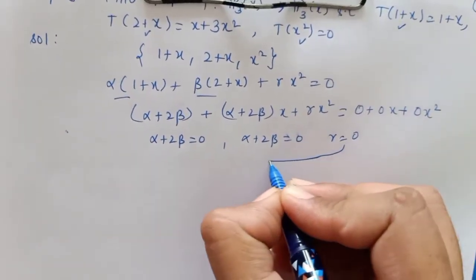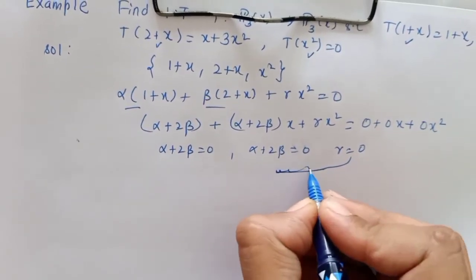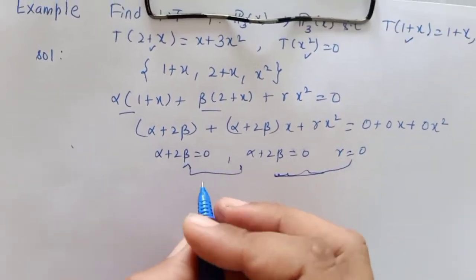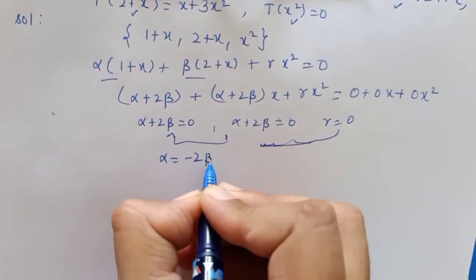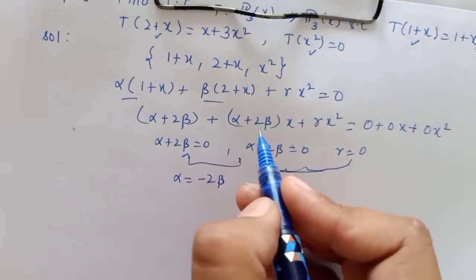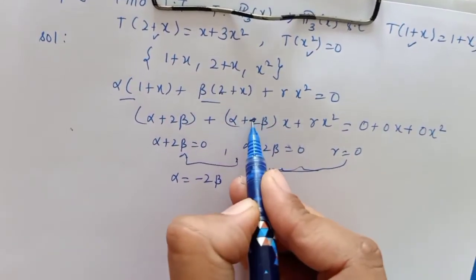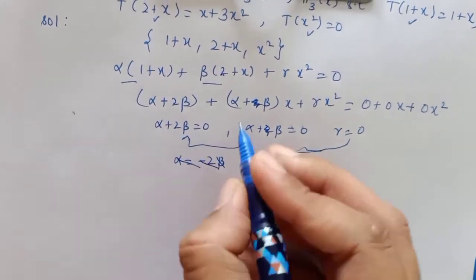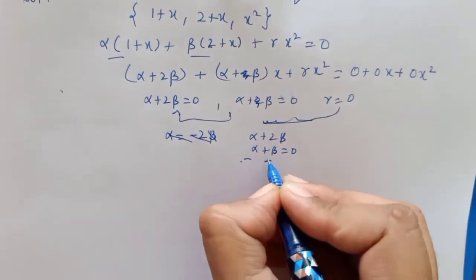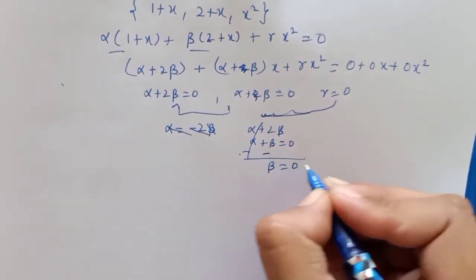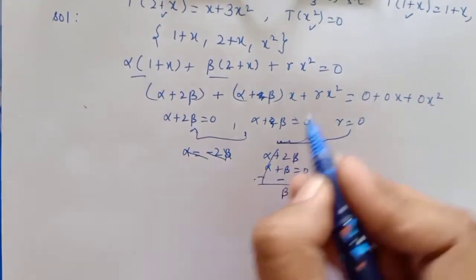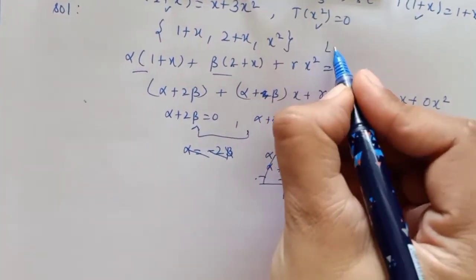So gamma 0 will give you nothing. These two are actually the same, so from here alpha is equal to minus 2 times beta. Sorry, I have written this wrong, this is not 2 beta, the 2 is only here, so this is beta. Now solve this: alpha plus 2 beta and alpha plus beta is equal to 0, so minus minus, beta will be 0. If beta is 0, put it here, and that will give you alpha 0. So these vectors are found to be linearly independent.